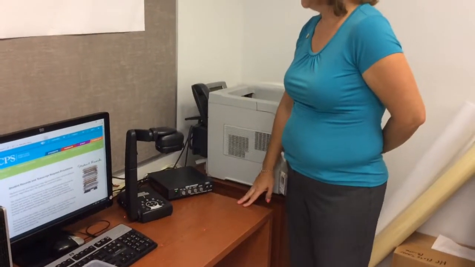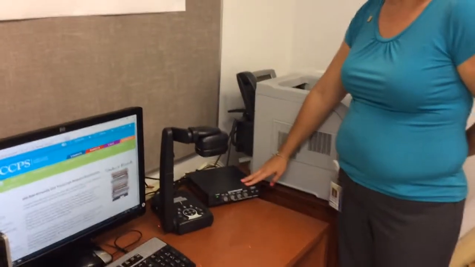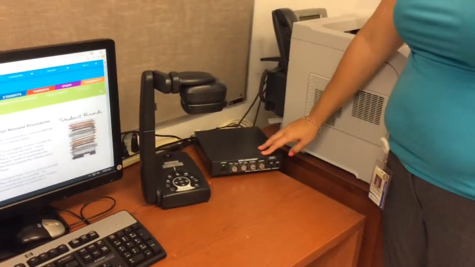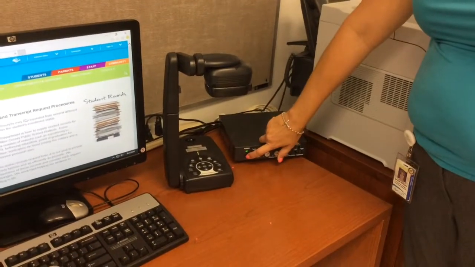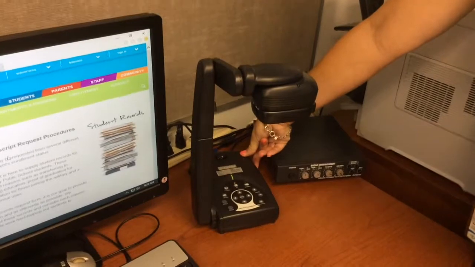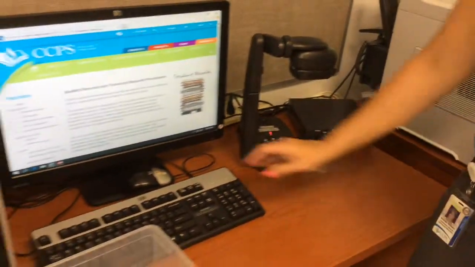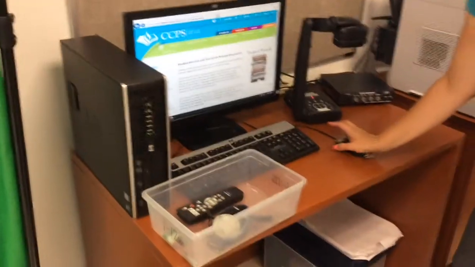So each day or evening when you leave the classroom, one of the really important things to do is to turn everything off. So make sure that your speaker system is turned off, your document camera is turned off, and you do have to hold that usually to get it to the off position. You would shut down your computer,